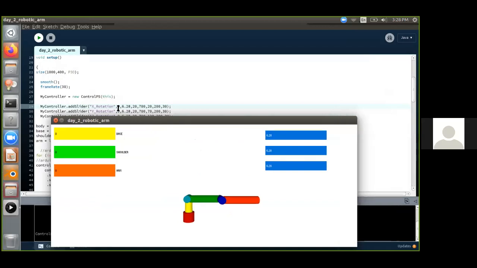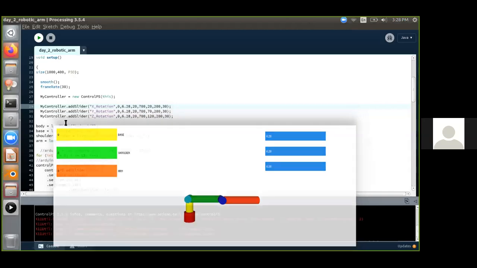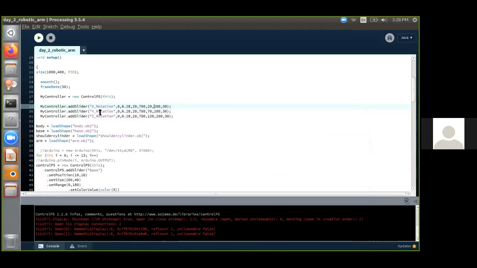So the initial value is 0 to 6.28 as the degree. So 20, 700 is the location of one point, and 20, 200 is the location of another point. And we'll move on to the next thing, which is similar for X, Y, and Z.